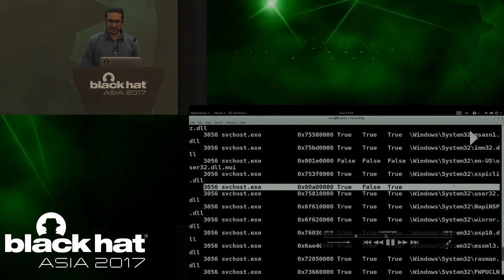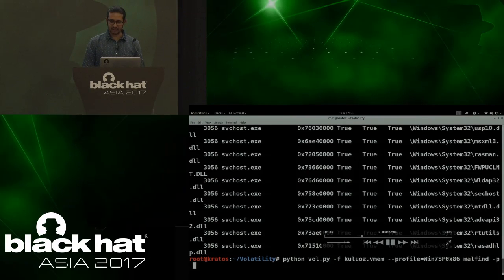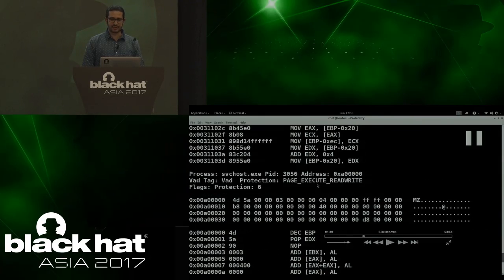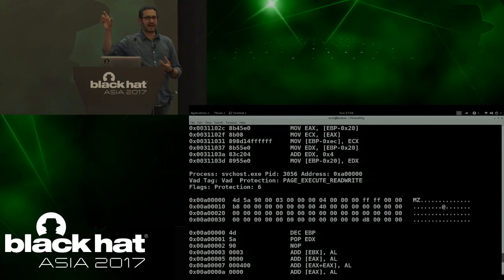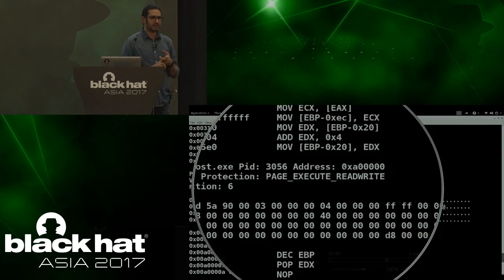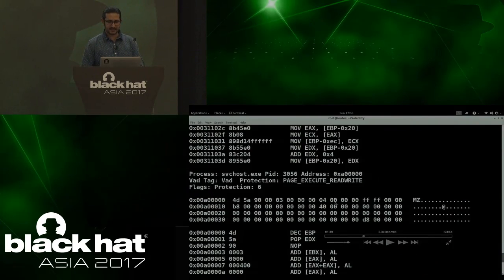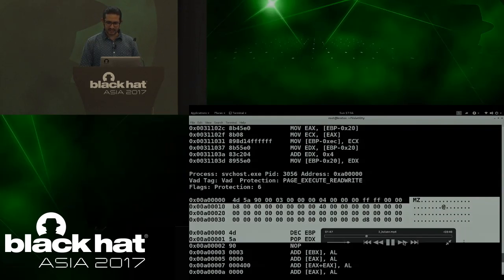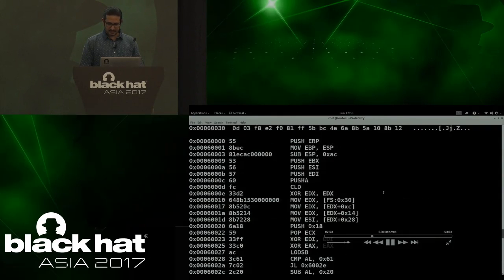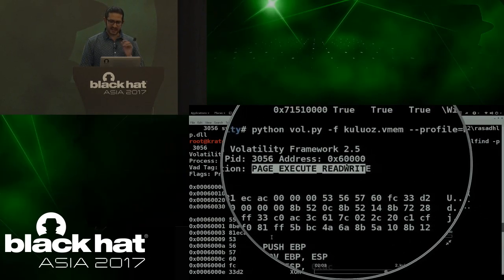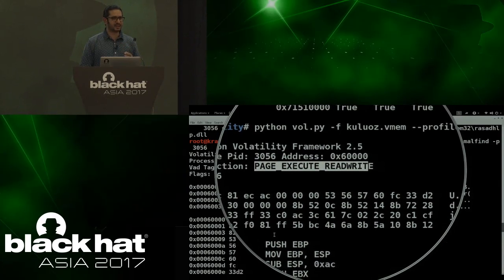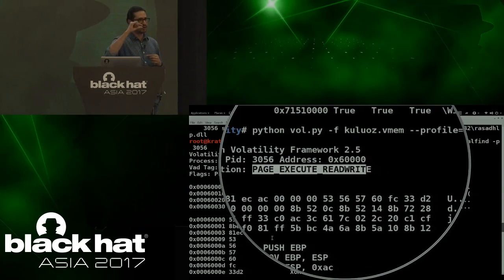Okay? So what about malfind? Let's see what malfind says. Malfind also gives you the feeling, because it's read write execute. The reason it's read write execute is because it deallocated and allocated memory and copied the patched executable. It is still giving a feeling that it's page execute read write, and it is still malicious. But malfind is not giving you a relationship that the code is being redirected. Even though it does not give you the relationship, it tells you that there is a region of memory which is suspicious because it has page execute read write. Remember this region, this is the region where the code was injected.